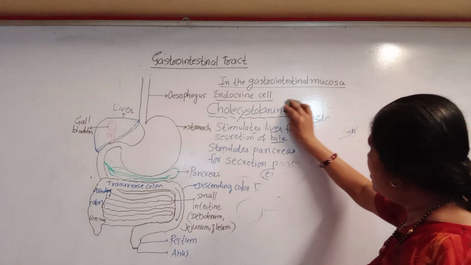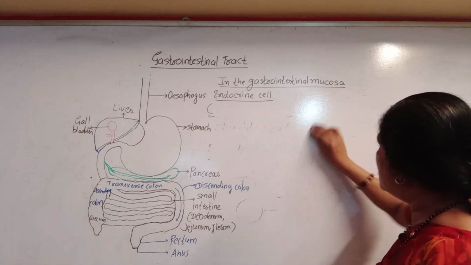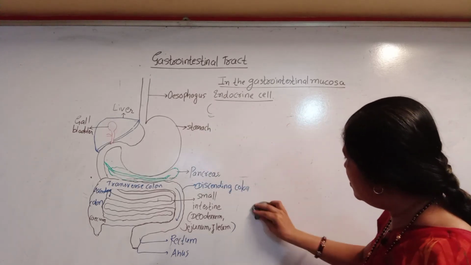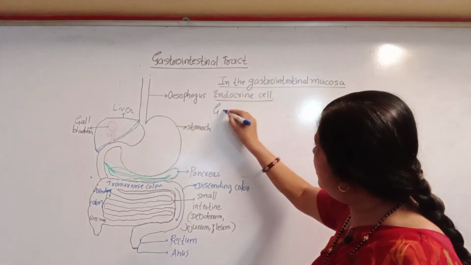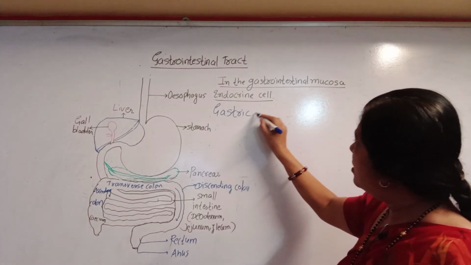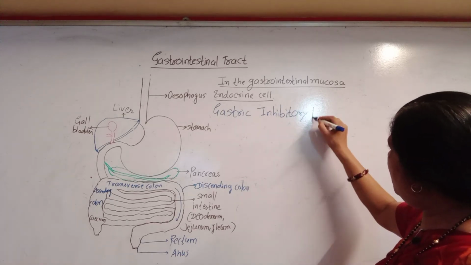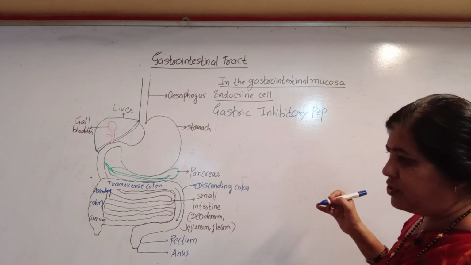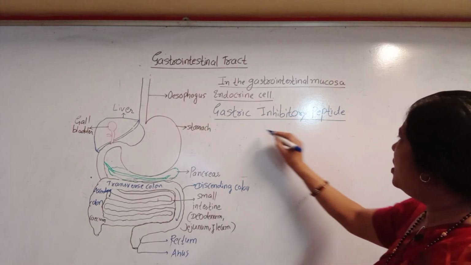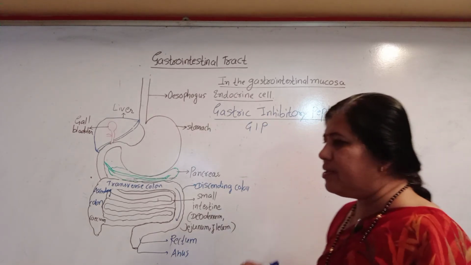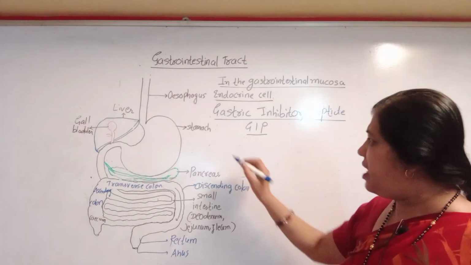And next hormone of gastrointestinal tract is gastric inhibitory peptide. Enterogastrone, that is gastric inhibitory peptide, is a peptide hormone. It is GIP. So GIP, gastric inhibitory peptide, this hormone inhibits